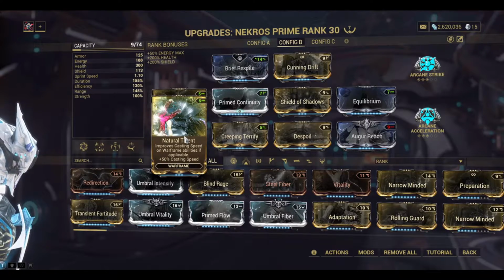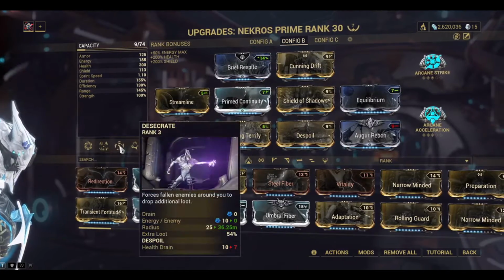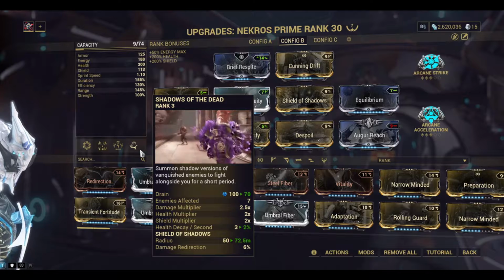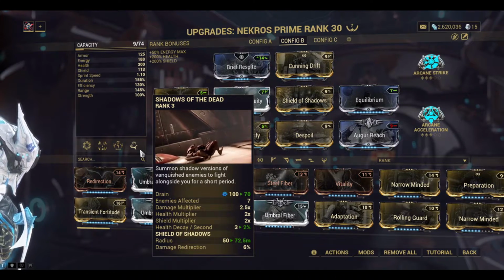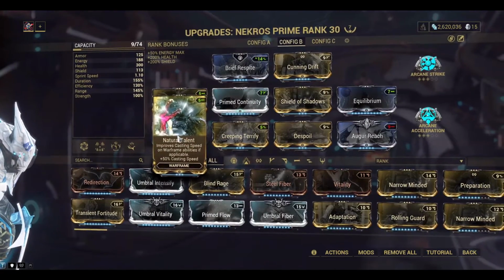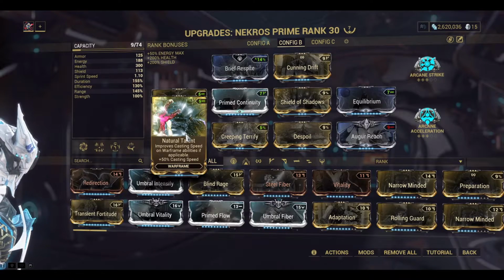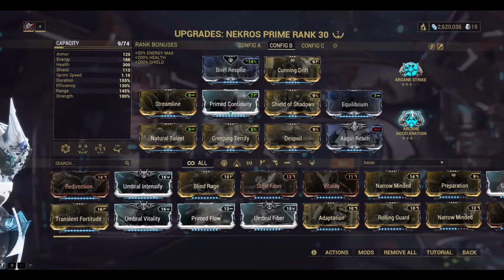if you are spawning your enemy in front of them. Because honestly, this Gloom, Desecrate, and your Shadow of the Dead are so slow that it is just so annoying. So Natural Talent can improve your casting speed for us to not die while doing our animation. Okay? So for the arcanes, I just put Arcane Acceleration for my Brahma to constantly kill,